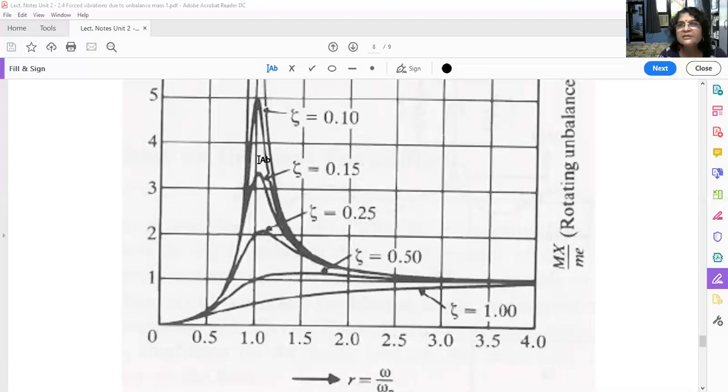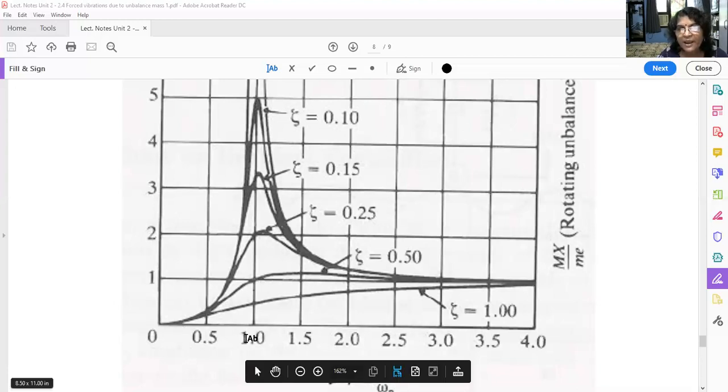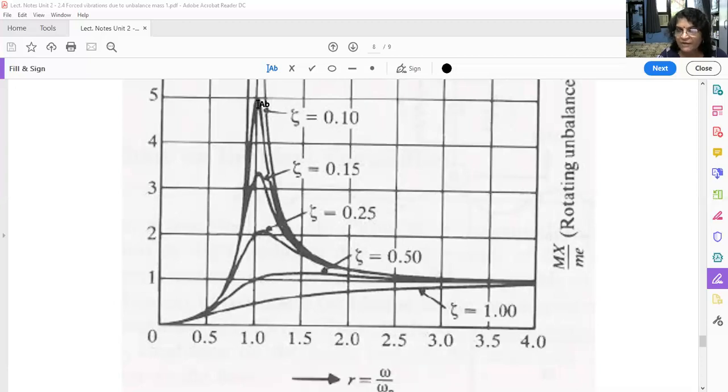Then if we provide certain damping, say zeta is equal to 0.1, and you vary omega, what will you get? Your amplitude will be increasing, increasing, increasing. It will be maximum here, that is at resonant frequency. If we further increase the frequency, the amplitude will go on decreasing, and it will be less here